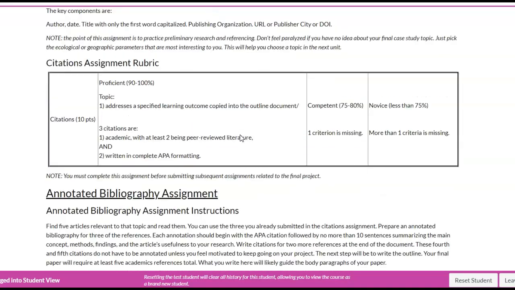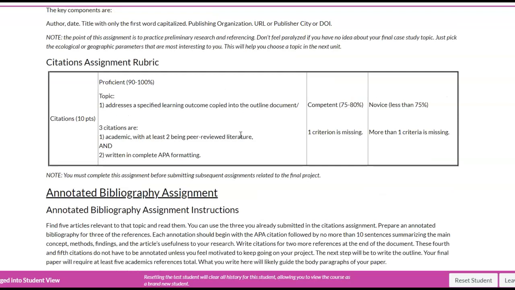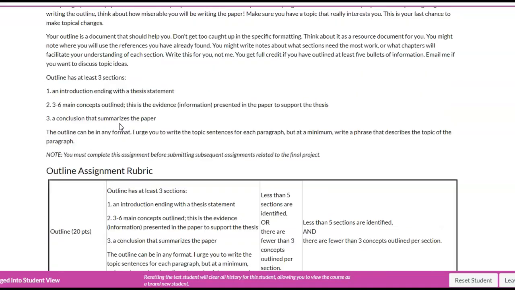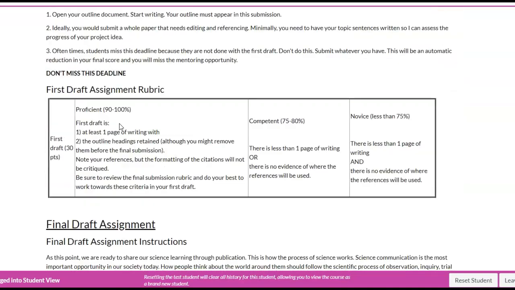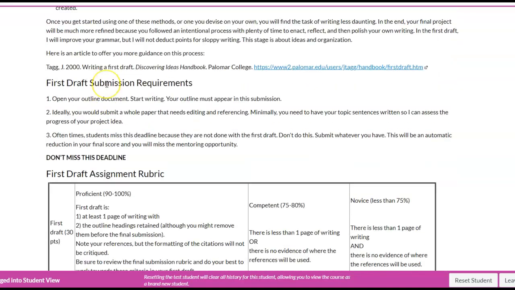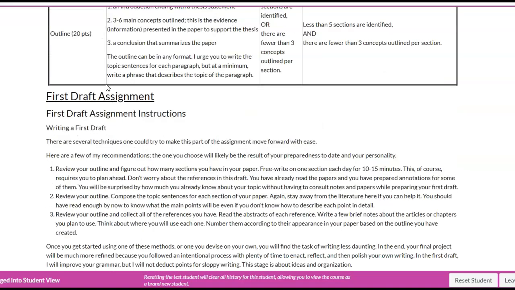And as you'll see, this is a gradual release of responsibility, a building of effort for you, right? And no one's writing this paper in the last week of class because you will have already written it. So when you submit the citations, you get 10 points, the bibliography 20, the outline 20, the first draft 30, and then finally the final paper 60 points. If people have been paying attention and working along the way, in the end, it's like getting 60 free points because you've already done all the hard work by doing these scaffolding assignments before.